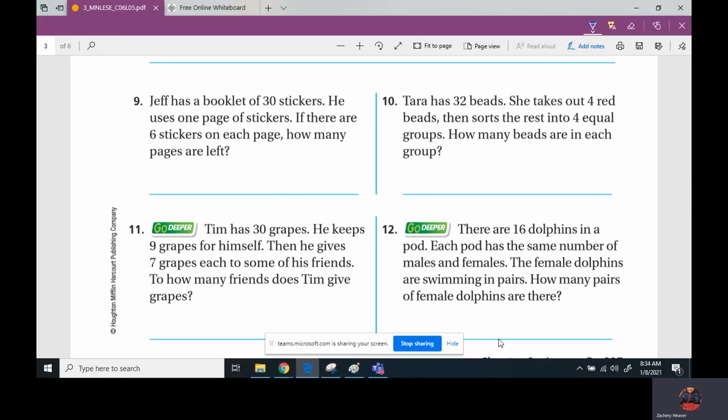Jeff has a booklet of 30. He uses 1 page of stickers. If there are 6 stickers on each page, how many stickers are left? So he has a booklet of 30. He uses 1 sticker per page. And if there are 6 stickers on each page, how many stickers does he have left? Oh, okay. He uses 1 page of stickers. So